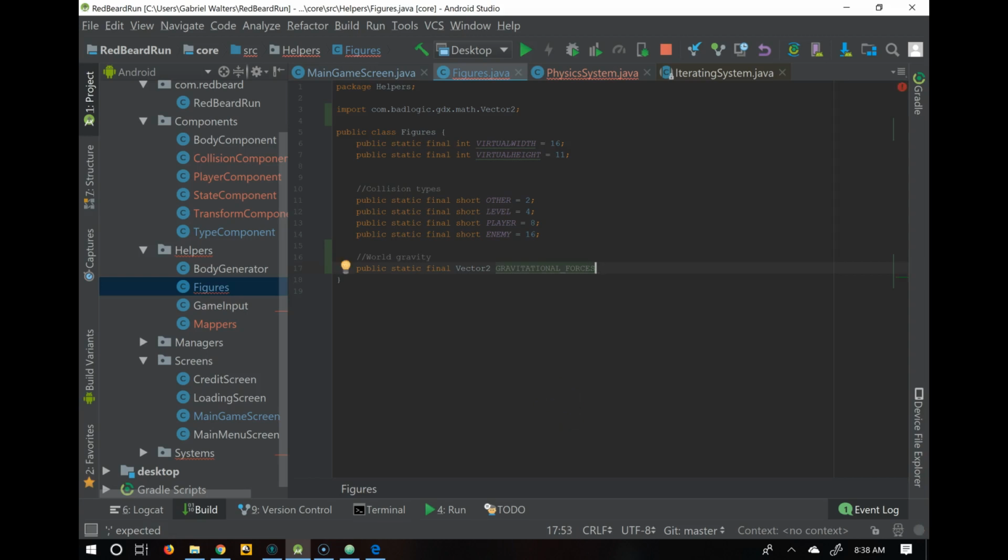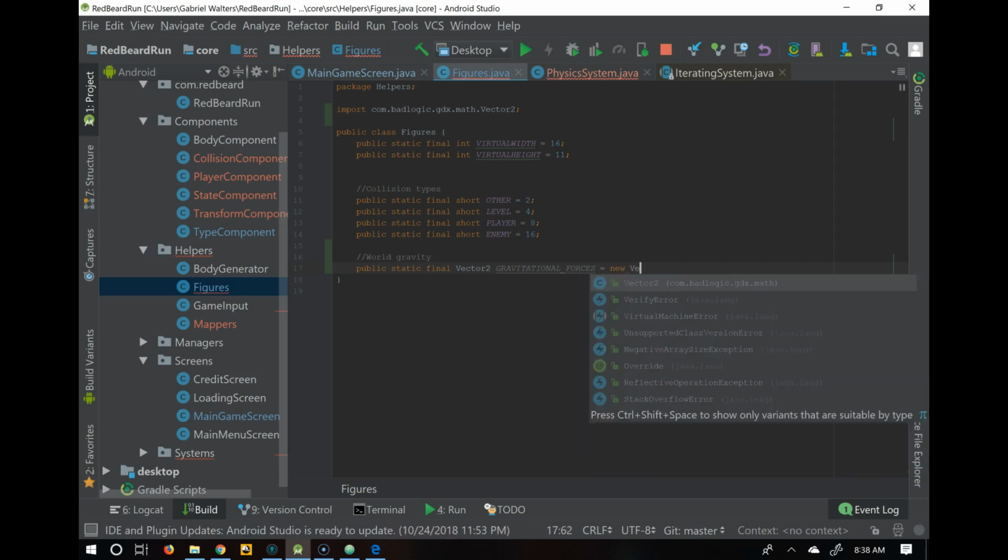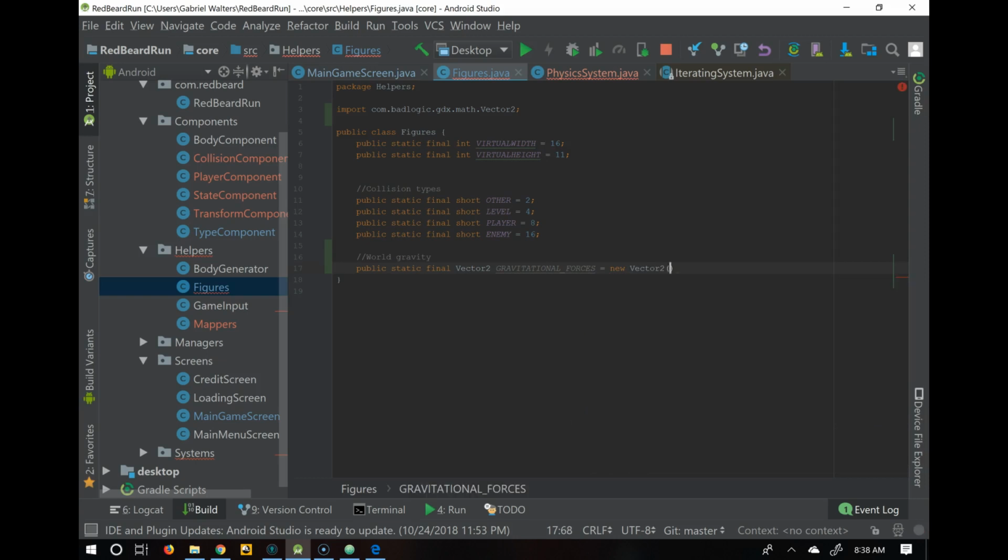Gravitational forces equals, let's just create a new vector 2 and we want